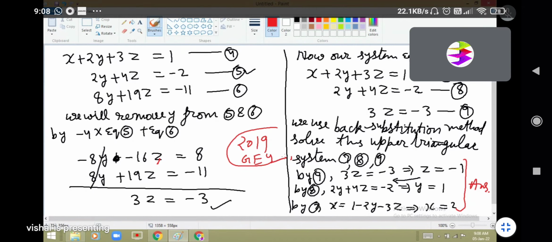So please tell me all of you, it is understood what is the method, Gaussian elimination method. Solve the question, how it comes: solve following linear system of equations using Gaussian elimination method. Please tell me it is clear to all of you or not. If you have any doubt. It is clear. Okay, very good.